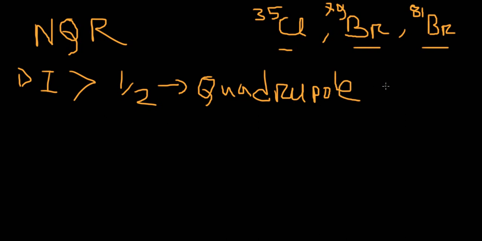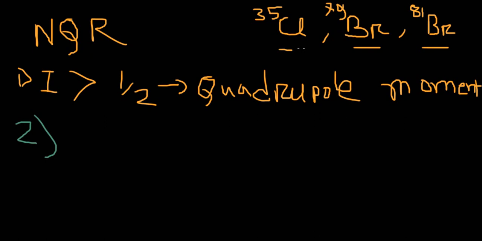Quadrupole moment is actually the average of the nuclear charge which has maximum I value in the z direction. So the I value is greater than half, and there is a quadrupole moment in these three isotopes. So when the I value is greater than half, and suppose they are in a molecule where there is asymmetric charge distribution due to the variation of electronegativity of the atoms in the molecule,